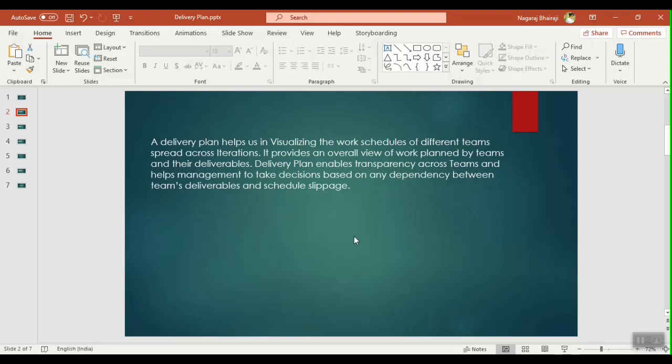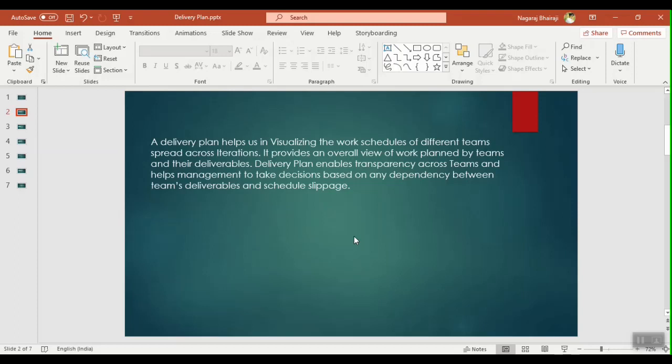So when multiple teams are working together for a common goal or for a product, the teams may be working in their own sprint cycle, for developing the features of the module. But when we talk about a product, these features may be dependent on each other, and delivery of a particular feature or a module has an impact on the other teams' features.